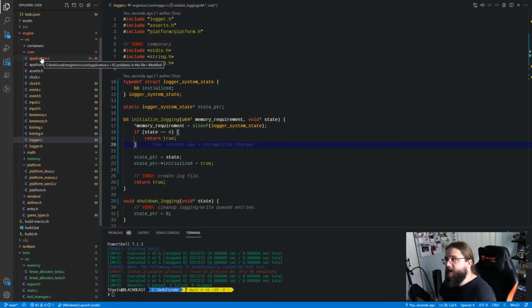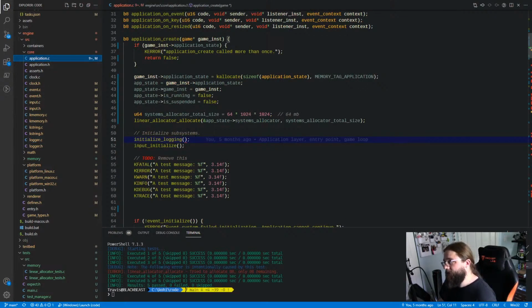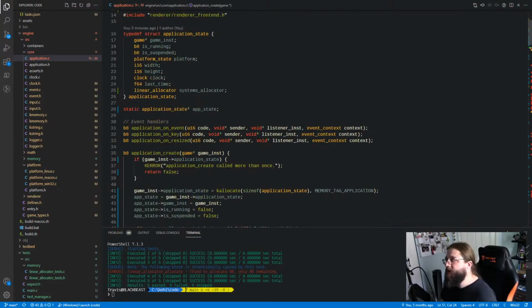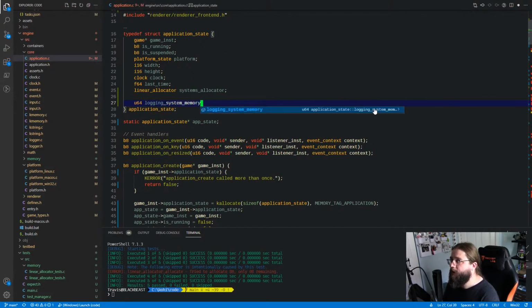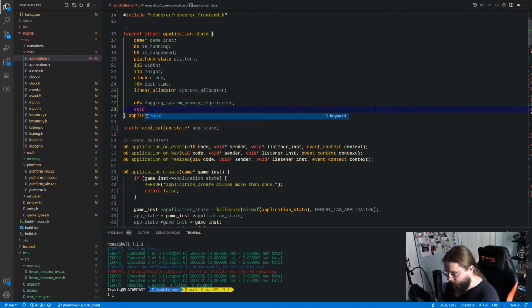Now, in application C, we need to update our call to this to actually handle this. So what we're going to do is for each one of our systems, we are going to basically add something to our application state that holds the amount of required memory as well as the actual state itself. So we have U64 logging system memory requirement. That seems kind of long, but that's fine. We're only going to be using it in one spot anyway. And then logging